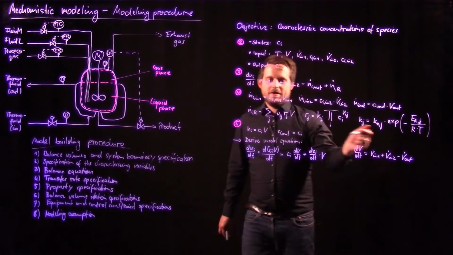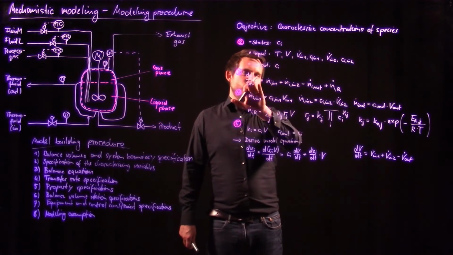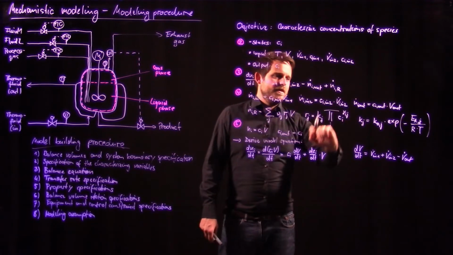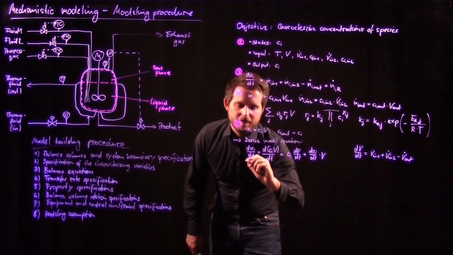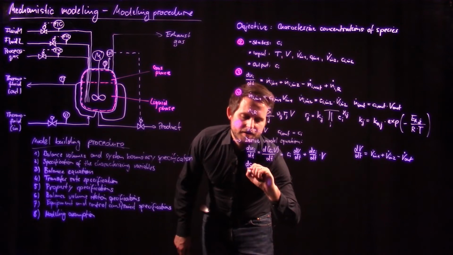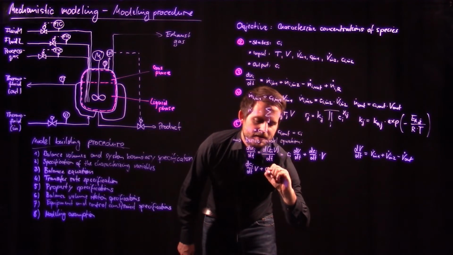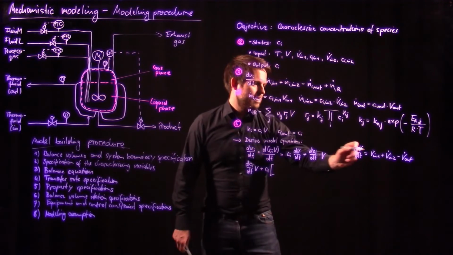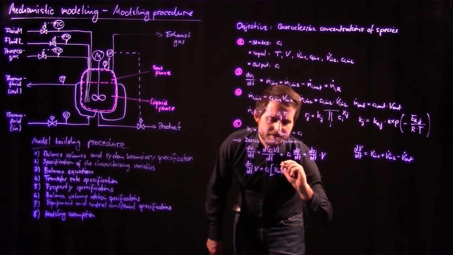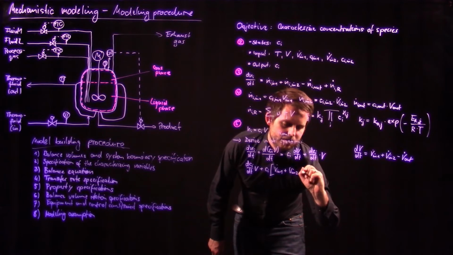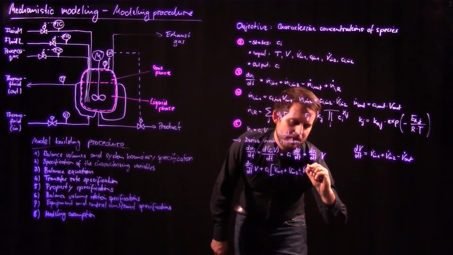And this we can reuse now and plug it in. And if we then go up here and also consider these streams, we get the following equation: dCi/dt times V plus Ci times (V dot in 1 plus V dot in 2 minus V dot out)